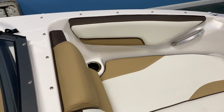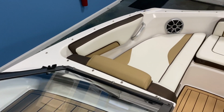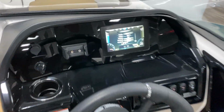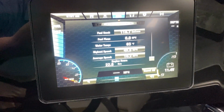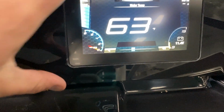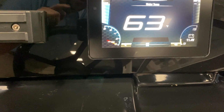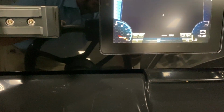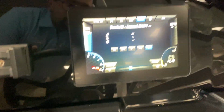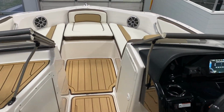And then you'll also notice that there's snaps on the bow and also in the cockpit, and that is because it has a two-piece custom snap-on cover done to it. And this boat also has a total of 23 engine hours, as you see at the bottom of the screen right there. But this also has great little viewing for your speed or when you're at rest, your water temp. You got depth on the right, fuel on the left. And this even has your maps running through it, as well as all of your audio is going to run through it as well. So really, really awesome layout and a lot of connectivity this boat has, and it's in